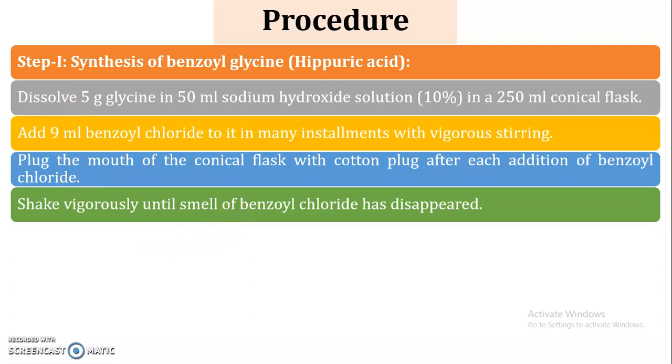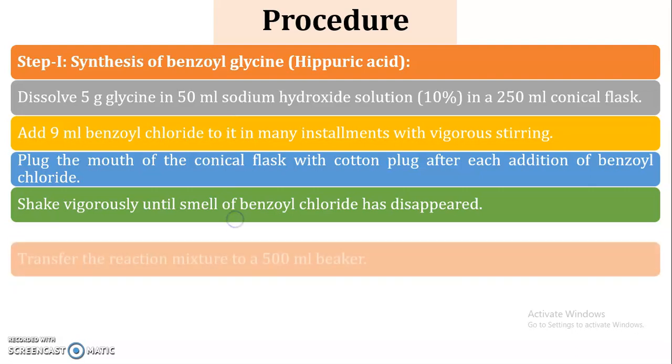So this is nothing but our benzoylation reaction, where we are going to carry out the addition of the benzoyl chloride to the glycine. Glycine is the amino acid which consists of an amino functional group. This reaction is also known as the Schotten-Baumann reaction, where one hydrogen atom of the amine is reacted with the acid chloride and it will be converted into the amide functional group.